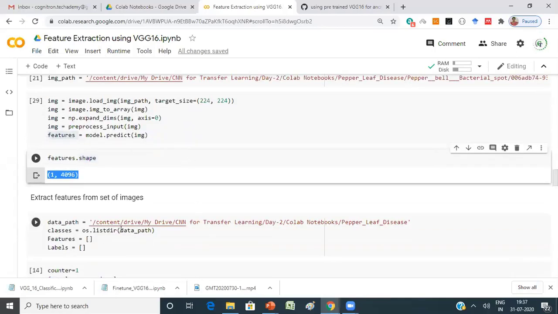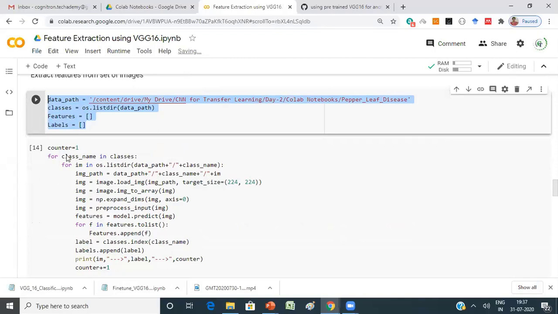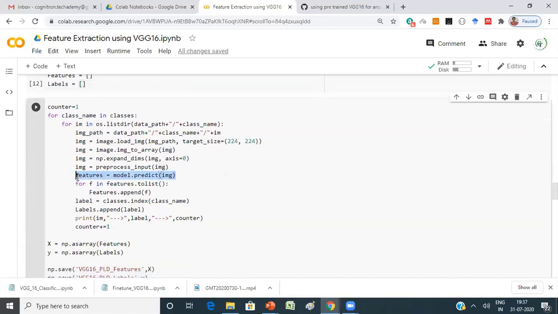Now this can be extended for multiple images also. So you can extract features from multiple images. See, however we did yesterday, we basically extracted raw pixel values from the images that are available in different folders. The same technique I'm applying, except that instead of taking the imread, I'll be using model.predict. And of course, all these are required before applying model.predict. You need to load the image from the image path, then convert that to an array, then expand the dimensions, then apply preprocess input before you apply VGG16, and then call the model.predict method.